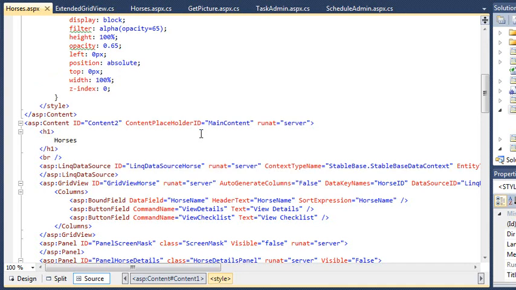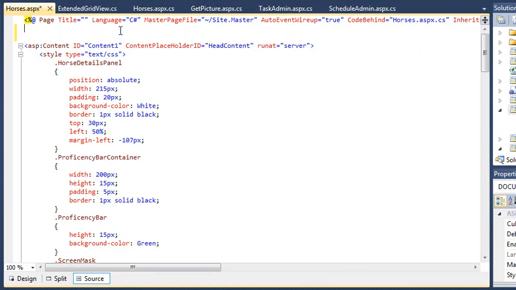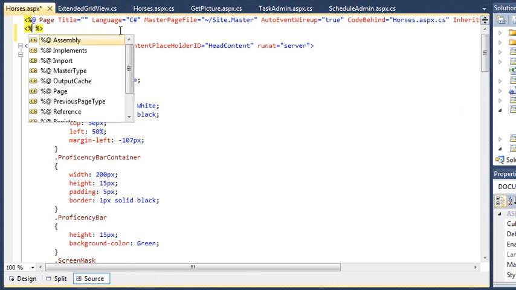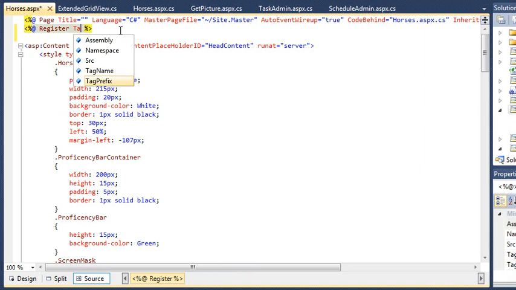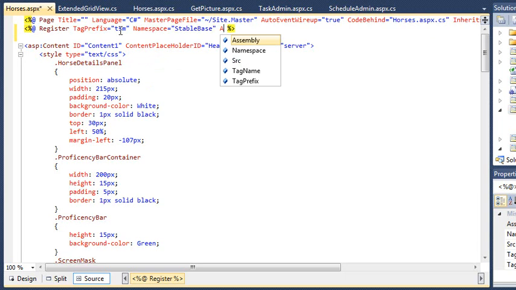Scroll to the very top of the page and add a new line just after the %@ Page line. Now add the following code on the new line. <%@ Register TagPrefix="TSM" Namespace="StableBase" Assembly="StableBase" %>